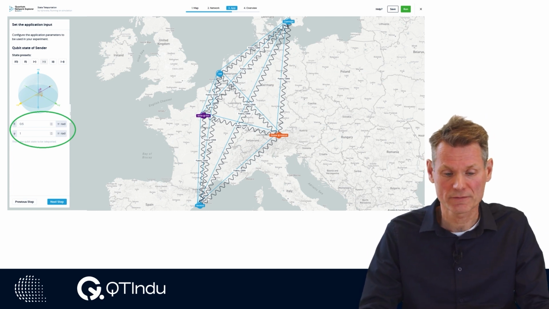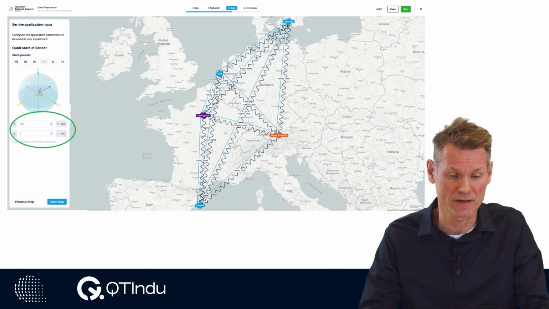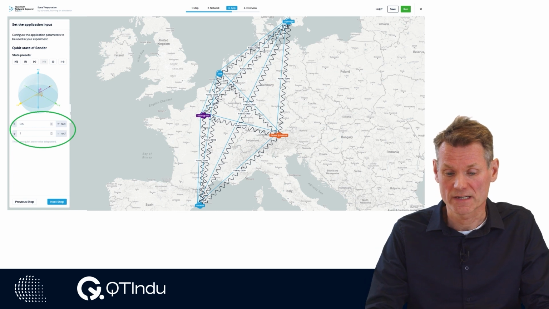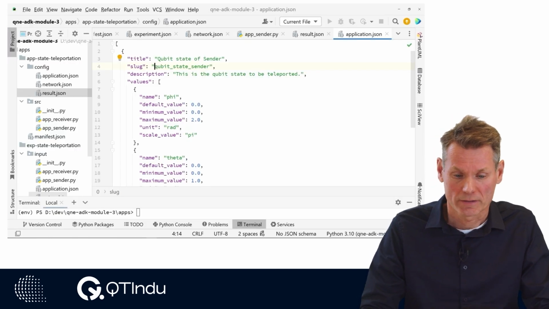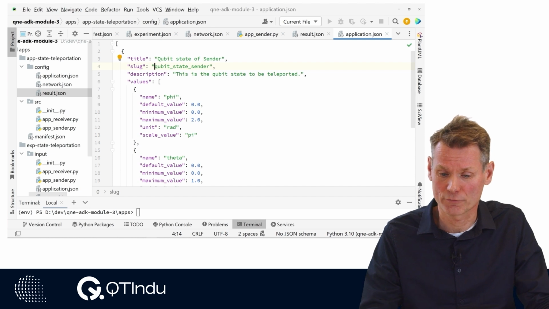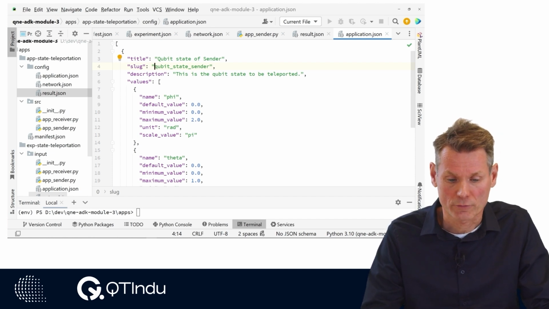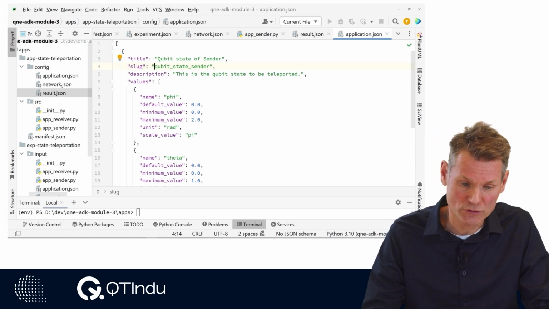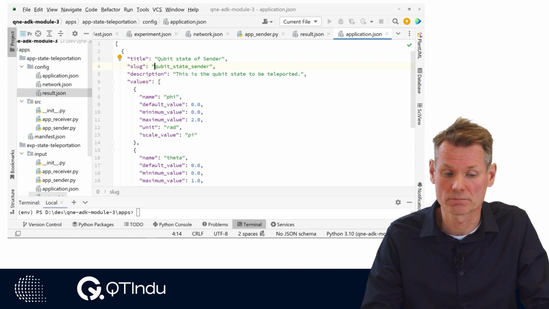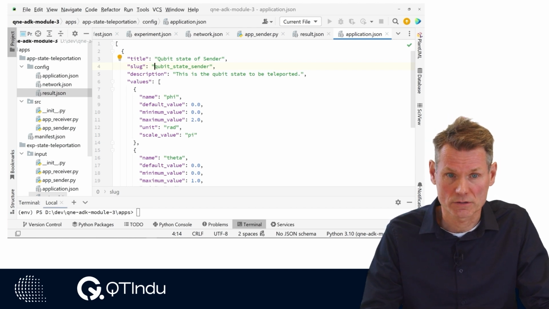The application Python files, more specifically the parameters of the main function of these files, need inputs. These inputs are defined in a list in application.json. For each input parameter, a title and description are configured that are shown on the parameter input page. For each input parameter, also an input type is configured and the roles for which this input is needed. An input type may need one or more values.